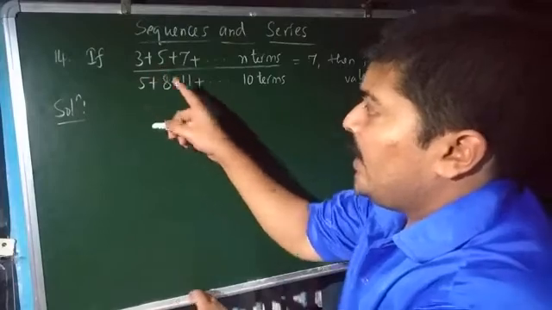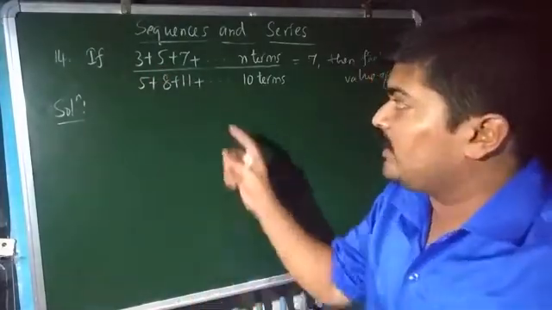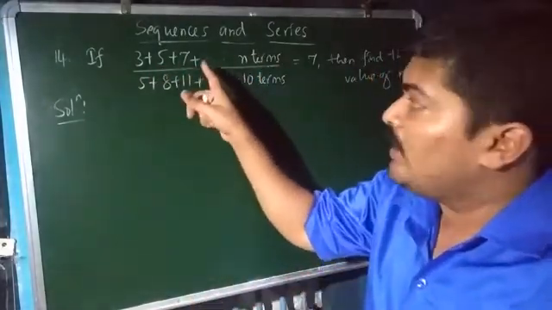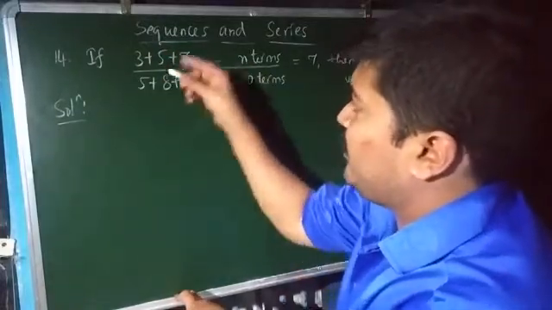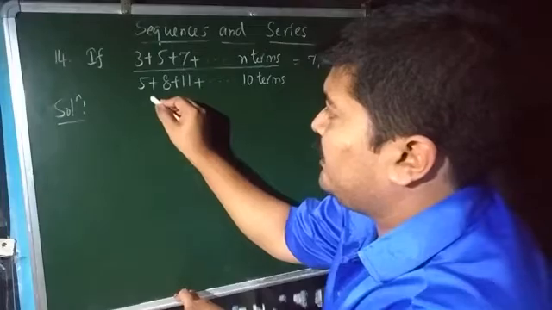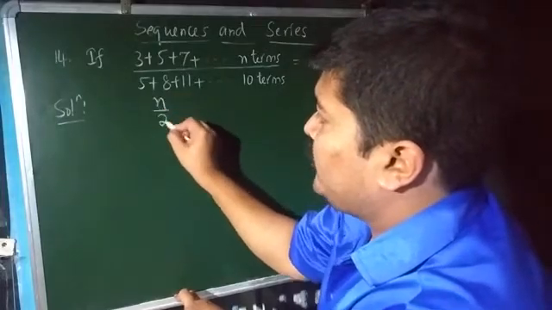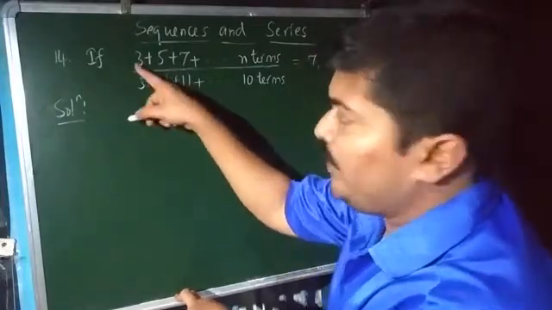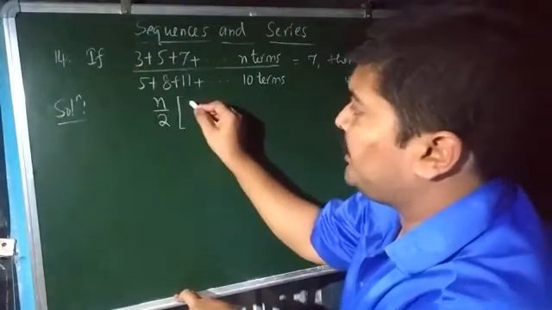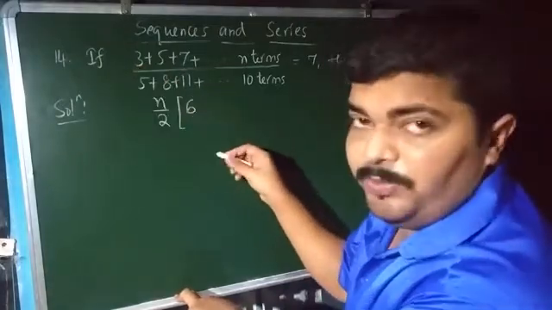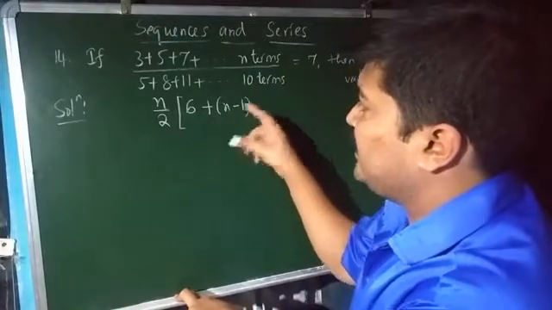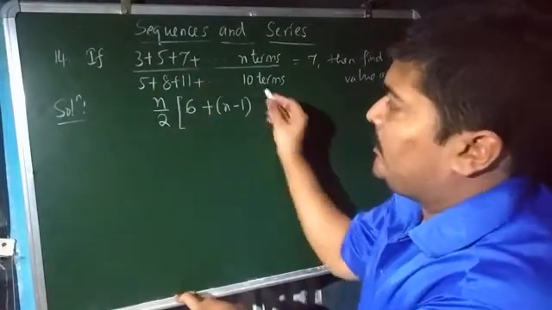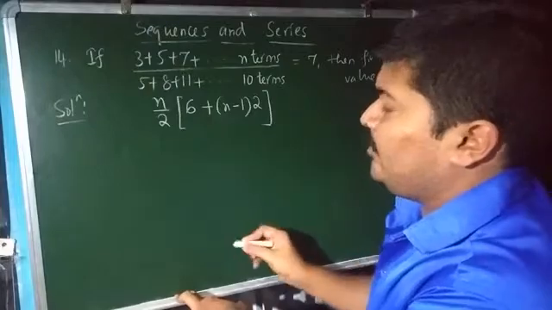Let us do that. I hope all of you know the formula for the summation up to n terms of an AP. That is Sn for this AP. I will directly write the formula: n by 2 into (2a + (n minus 1) into d). The a value is 3 here, so 2 into 3 gives 6, plus n minus 1 into d, where the common difference is exactly 2.